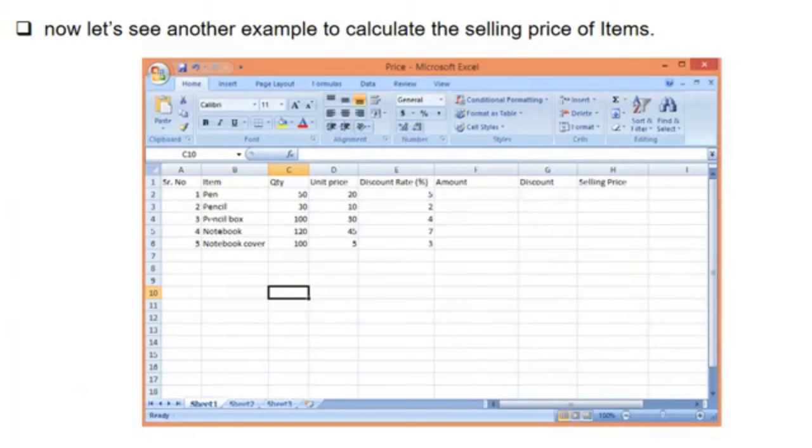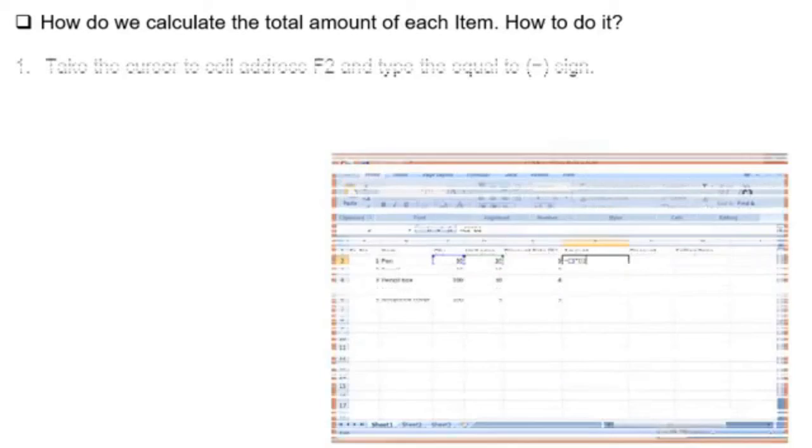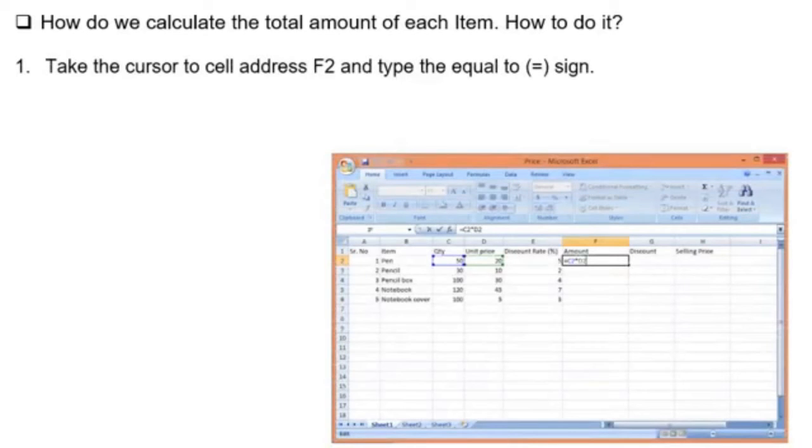Now let's see another example to calculate the selling price of items. How do we calculate the total amount of each item? How to do it? Take the cursor to cell address F2 and type the equal to sign.